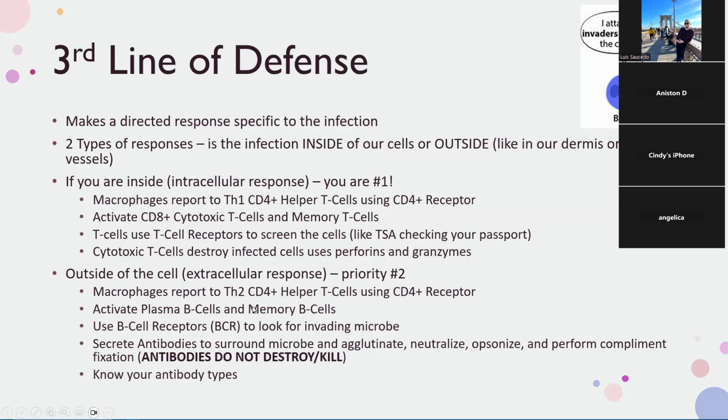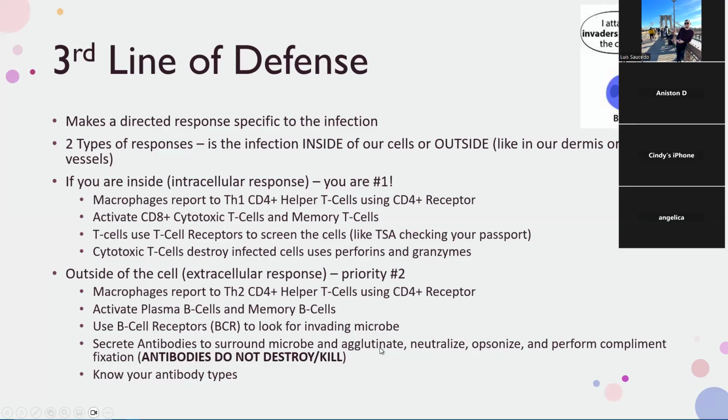You're going to have the Th2, CD4 plus helper T cells, again using that same CD4 plus receptor. It's going to activate plasma B cells and memory B cells. It will use the B cell receptor to look for invading microbes. And then B cells do not kill, they secrete antibodies and surround the microbe to agglutinate, neutralize, opsonize, and perform